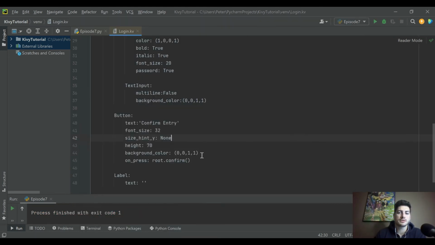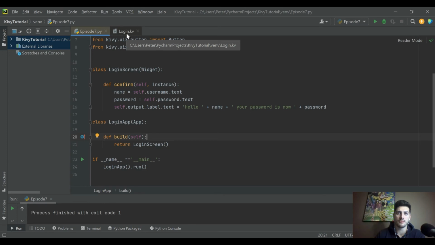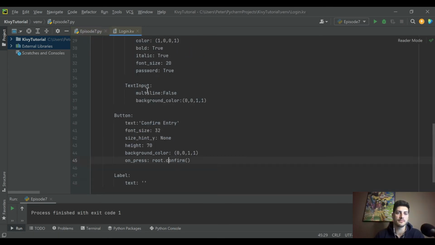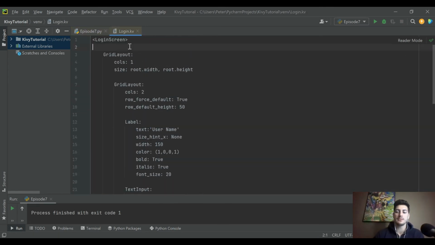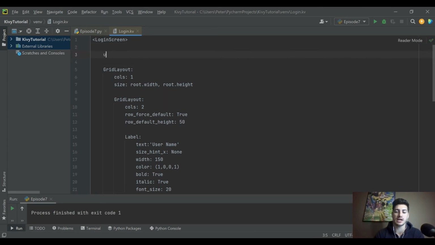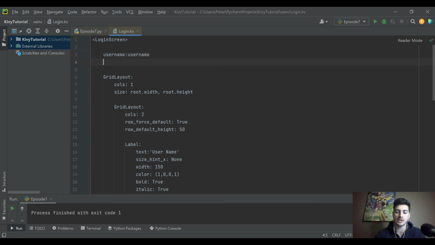Okay. So yeah, you're seeing when I'm pressing the button though, it closes right away, and that's because there's no way right now for the Kivy file to know what anything is in the Python code and vice versa. So what we have to do is create what's called IDs, but they're essentially variables that you assign to your things that you need to get data back from. So we'll say username is equal to username, password is equal to password. This is us